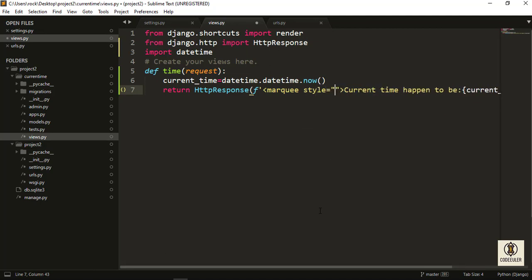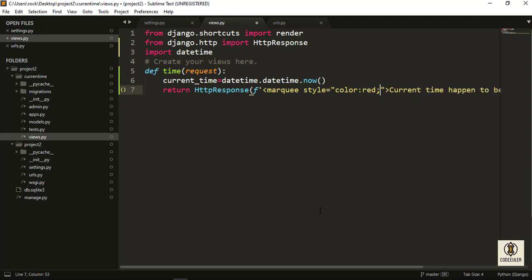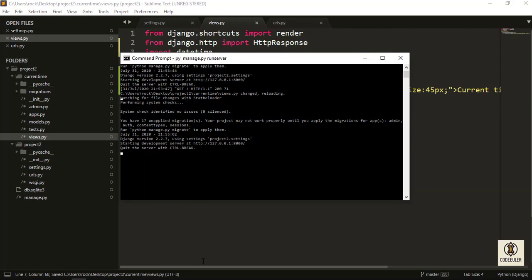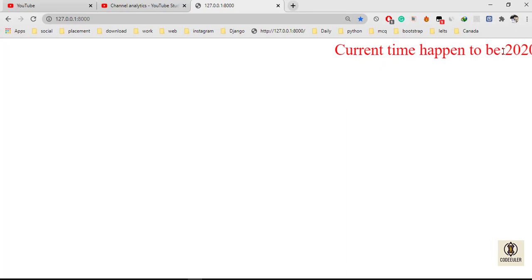Style is equal to color; let's give a color to the text, color red, and font size 45 pixels, and run. It is not showing any kind of error, so I'm opening my browser and refreshing it. Now see, the text is 45 pixels and the color happens to be red.